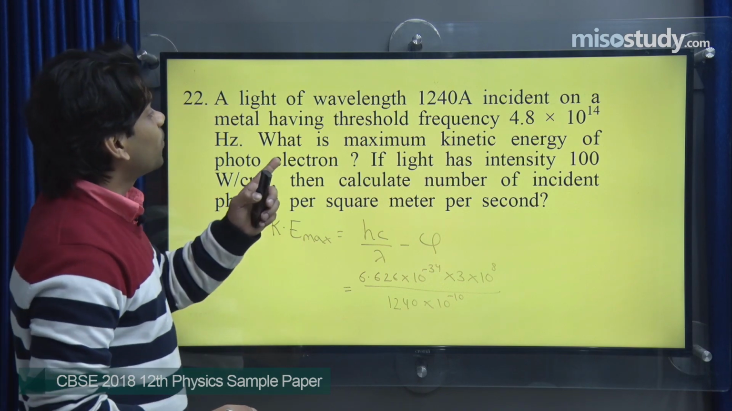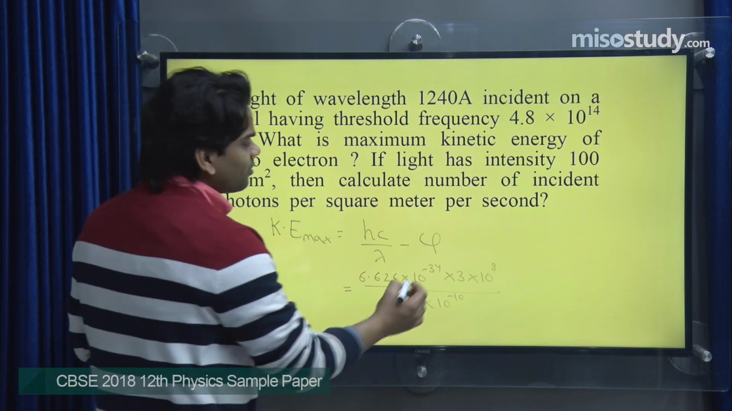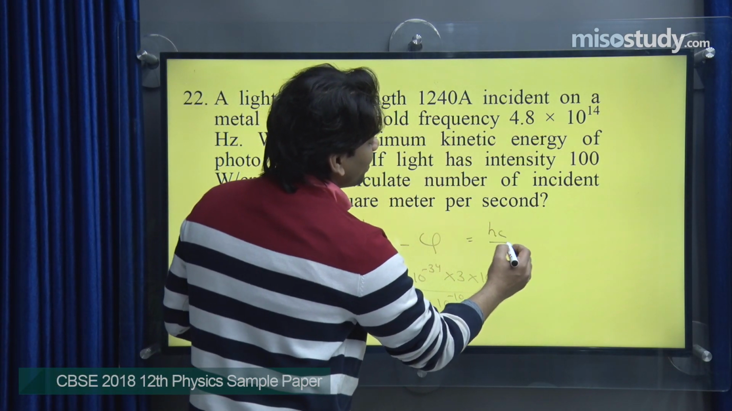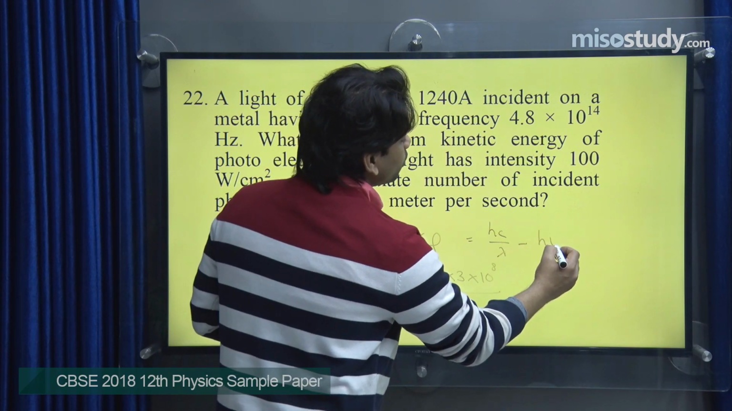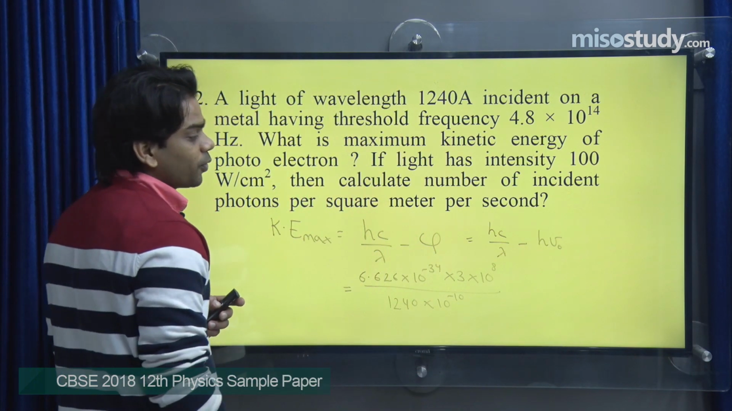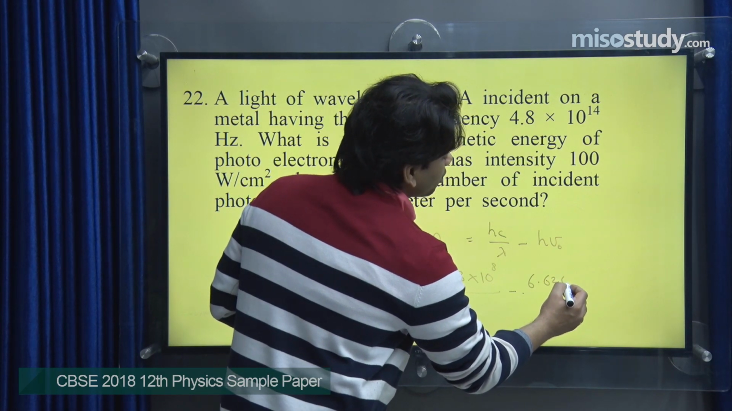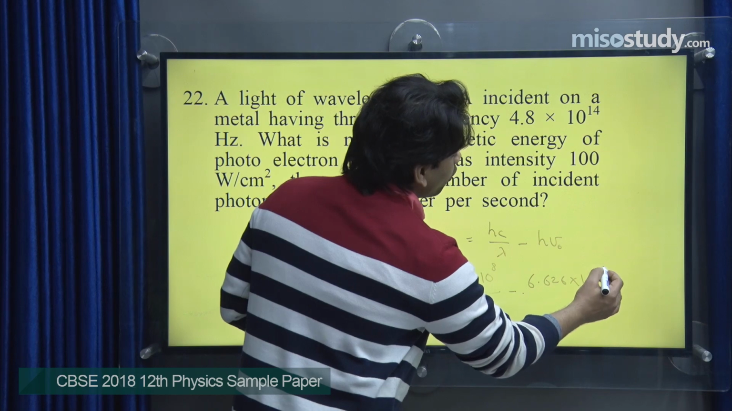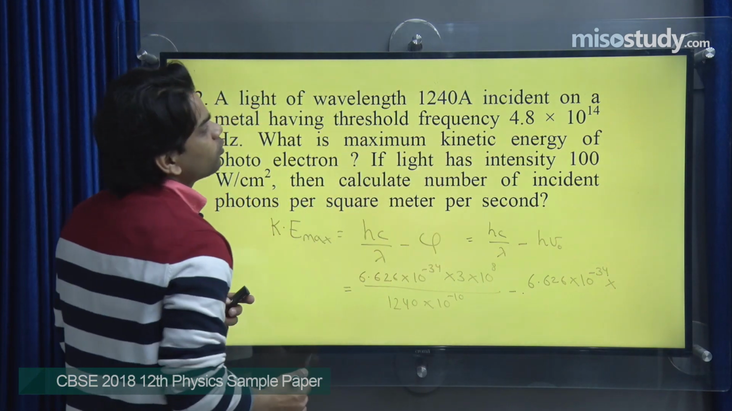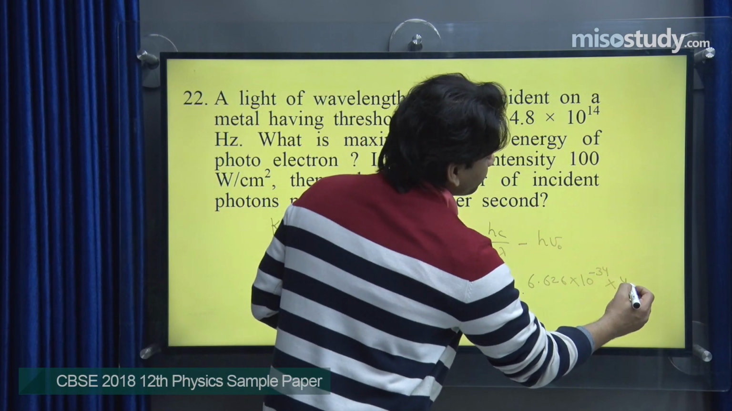Then here is the threshold frequency. So can we write the same formula as hc by lambda minus h mu naught, where mu naught is the threshold frequency. So minus, again I am writing 6.626 into 10 to power minus 34 with the value of mu naught, that is 4.8 into 10 to power 14